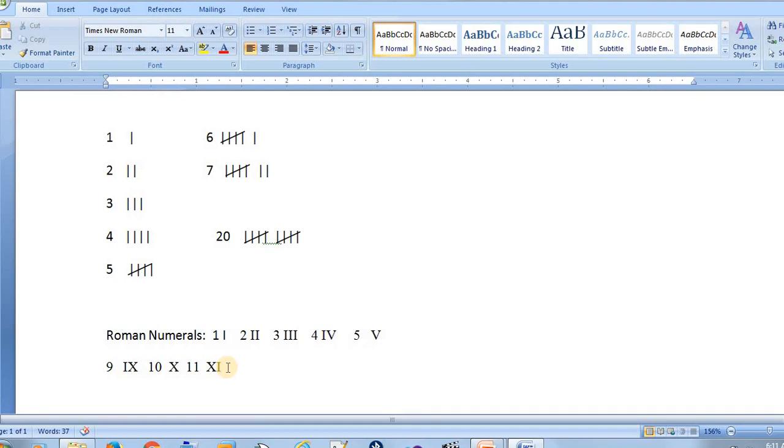Now if you understand this, the non-positional number system doesn't have any positional value. Here I is present before the X, and here I is present after the X. Irrespective of its representation, whether the I is after the X or before the X, its value is going to remain the same. That means I indicates 1 here, and I indicates 1 here also. But when we talk about the positional number system, each position has got its own value. Let us understand with an example so that you can easily understand the difference.